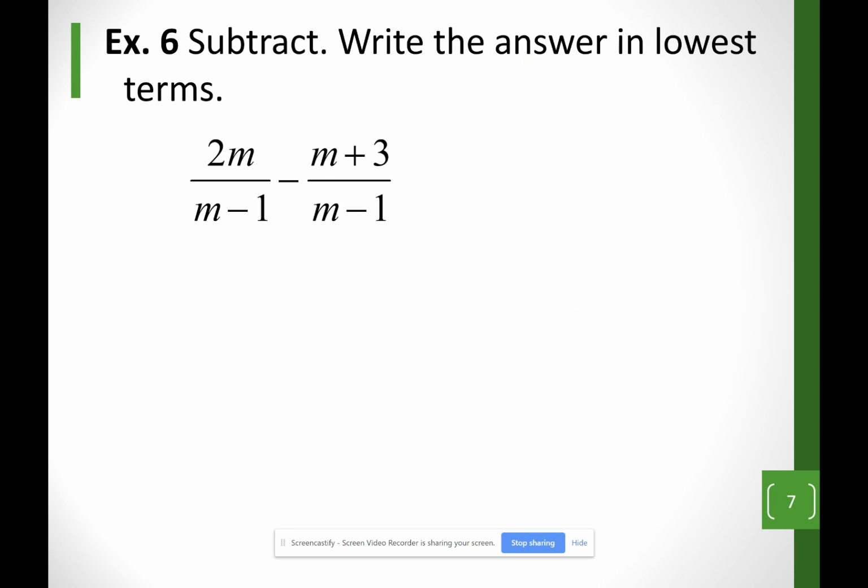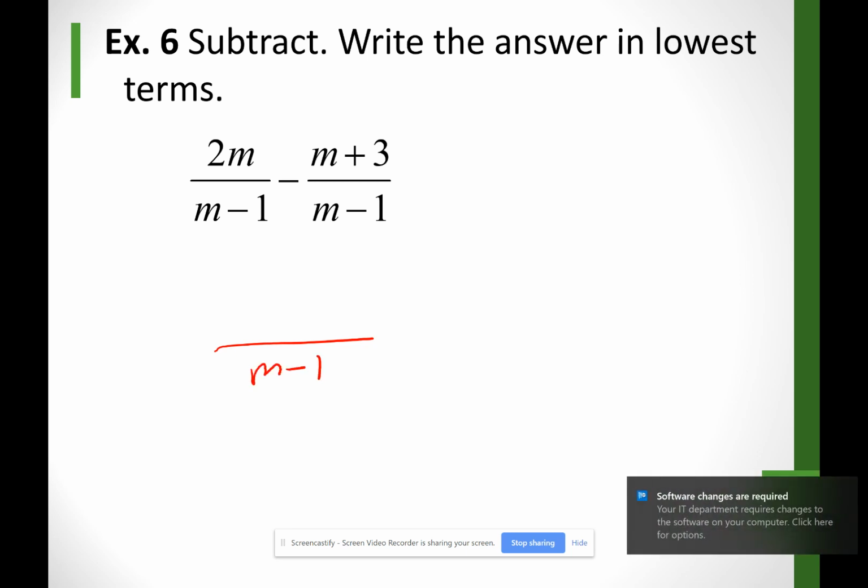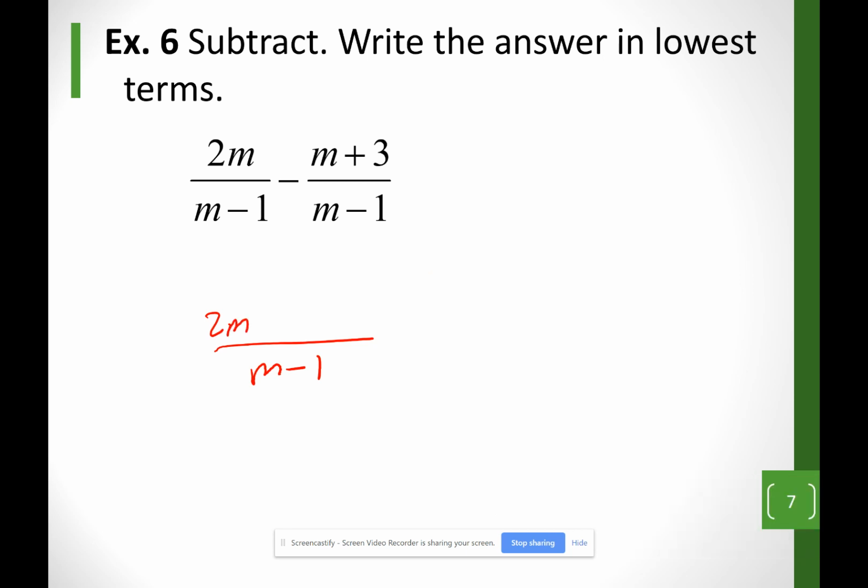Now we're going to be dealing with subtraction. Here we have the common denominator, m minus 1. So I'm just going to do my first fraction, 2m. Now when I subtract the second one, I'm going to write minus m minus 3. The thing is that the negative sign is distributed. So that's how I got negative m,